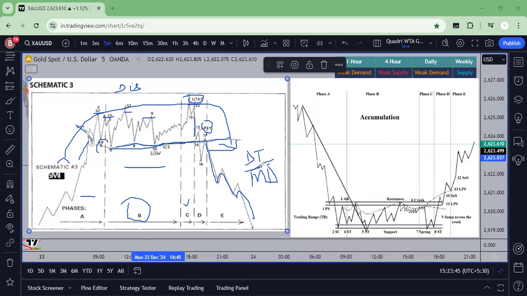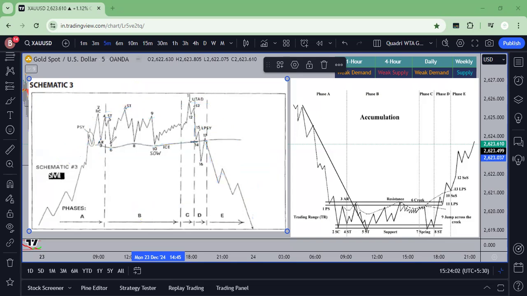Okay, to simplify this. So what is actually happening at this stage? What is the problem? Why does this schematic fail? Why does every trader fail in identifying or assessing the market? Because this is something very not practical. The reason being, if you consider this to be a chart of distribution, wherein